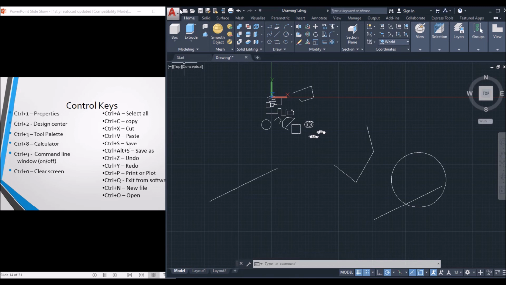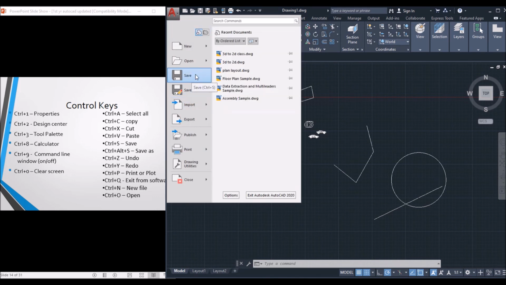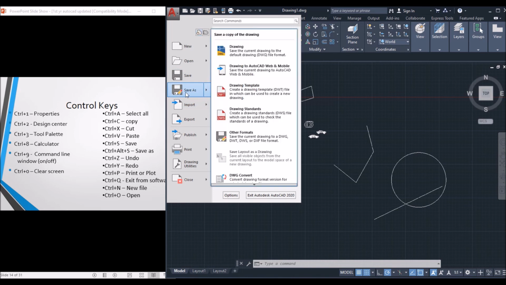So like this, that is the difference between copy paste and cut paste. Next, saving of this file. If you have drawn any figure in 2D or 3D, you are going to save this file. For that, go to the application icon, Save As or Save. With Save, you can save in your system. With Save As, you can save it as either drawing, template or drawing standards. For saving the drawing, the file should be in .dwg. For template, it should be in .dwt, and for standards, it should be in .dws.